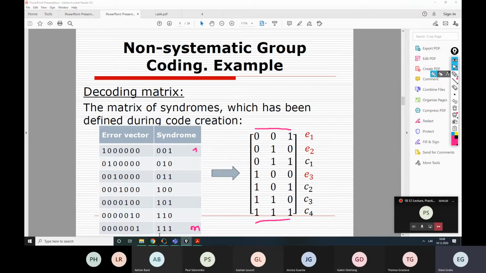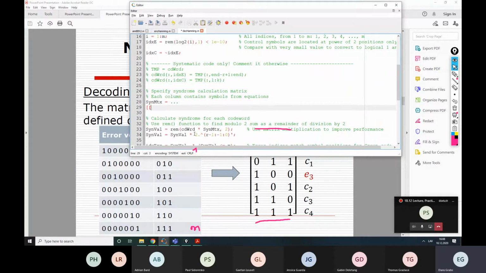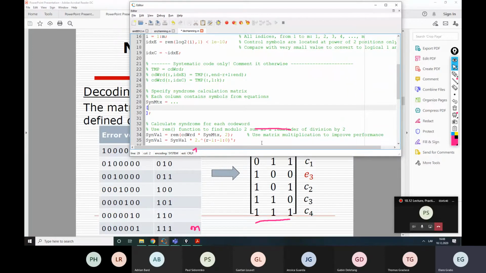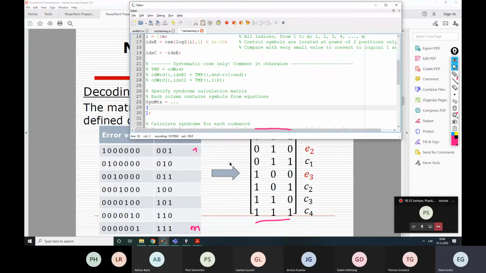So let me open up that code and let us do that here. Don't remove this "to be continued" symbol, because this way you can start writing in the next line, like this, which is just more visually and conceptually understandable, right? So I put all the syndromes of the matrix into this code,